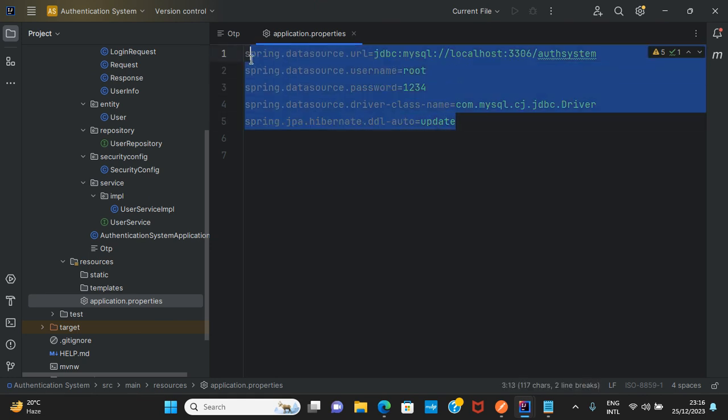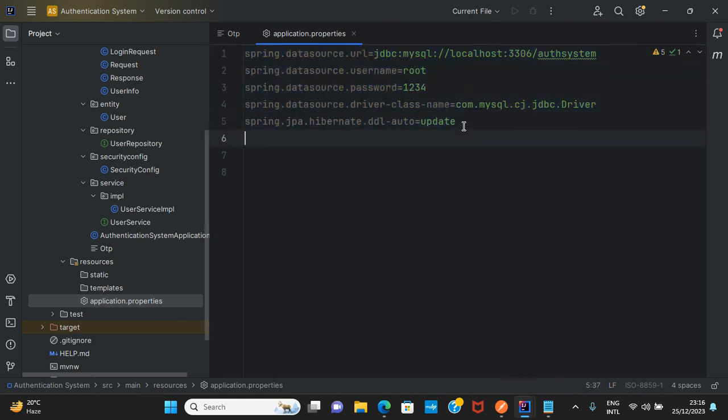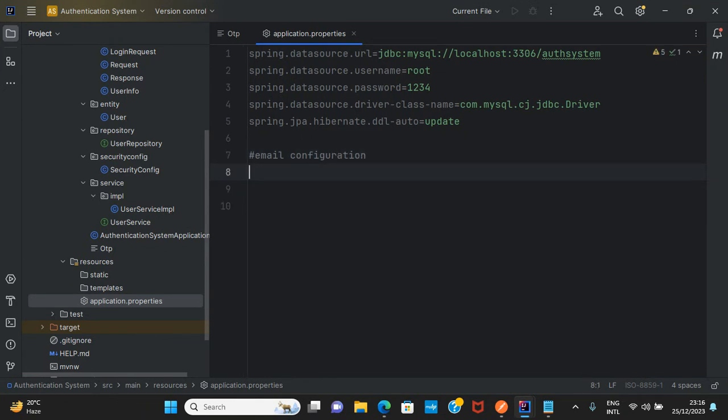So don't forget that this is the configuration for our database. And in here, I would now start my email configuration. This is just a comment. Okay. So we need spring.mail.host equals smtp.gmail.com. Okay, then spring.mail.port. So here I would use 465. Okay, then spring.mail.username. So in this case, I'm going to use my